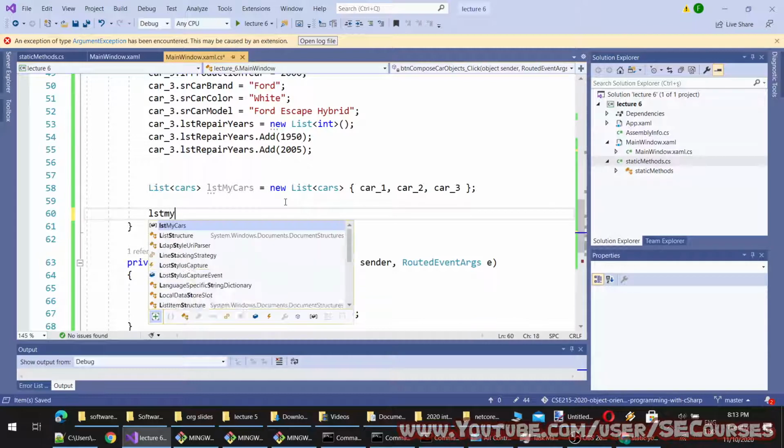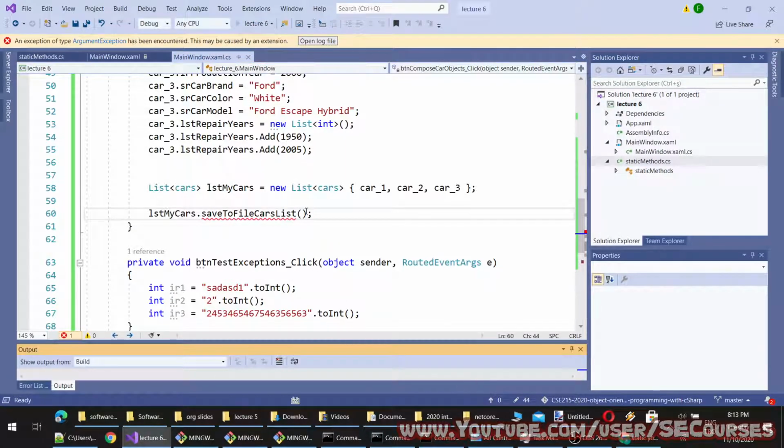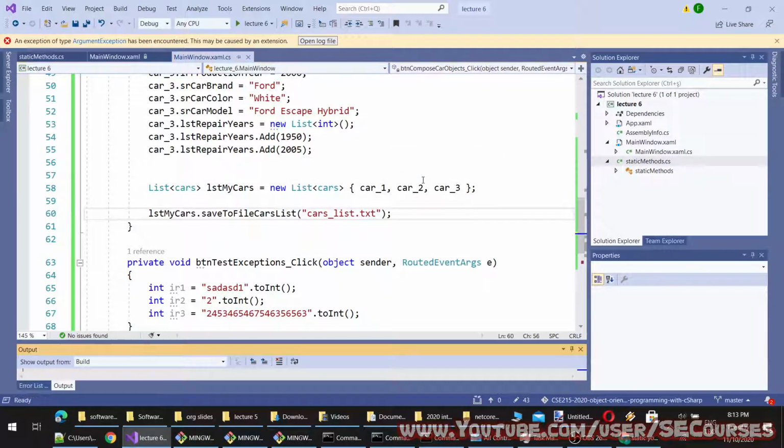I'm going to call save to file cars list, and let's see whether it's saving or not. Oh, by the way, I have to provide the file name, cars list text. Okay, let's see.